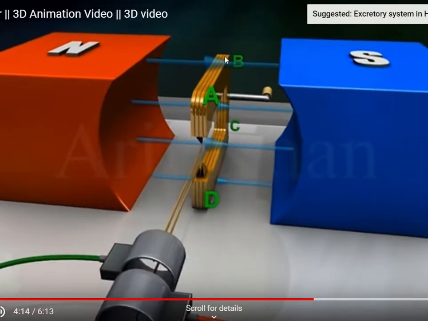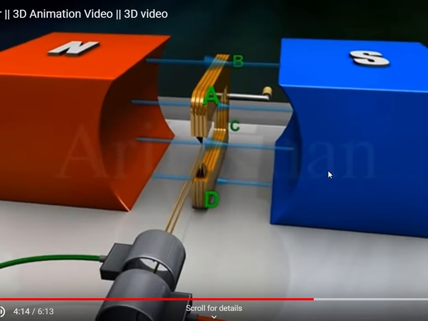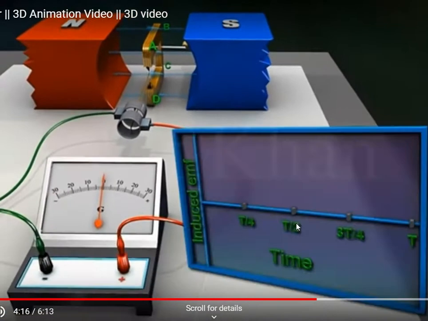That means the conductor lies parallel to the magnetic field, so there will not be any change in flux. Hence no EMF is induced at this position. During the first quarter rotation,